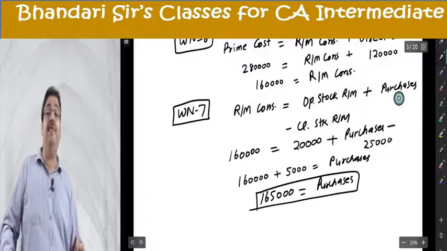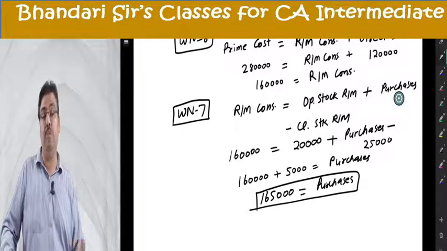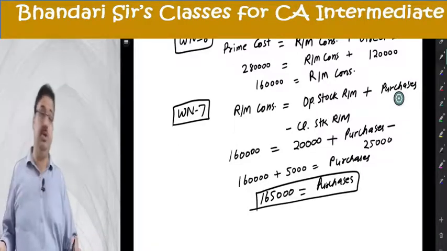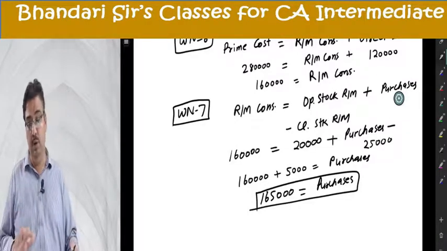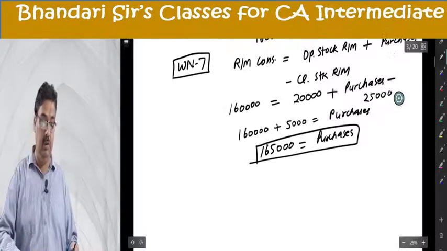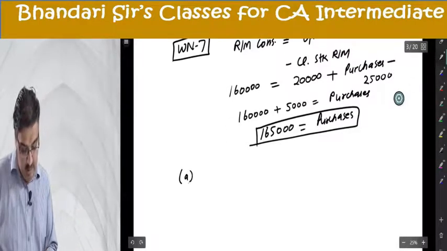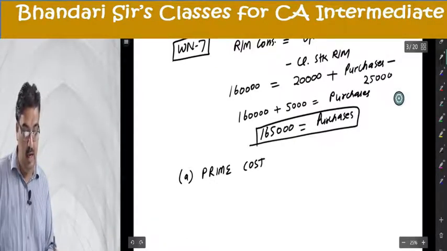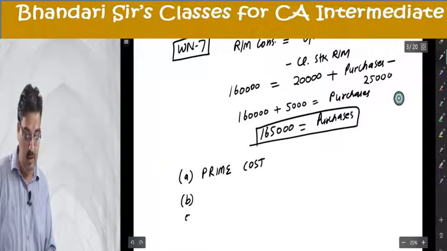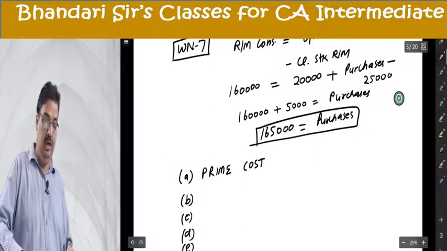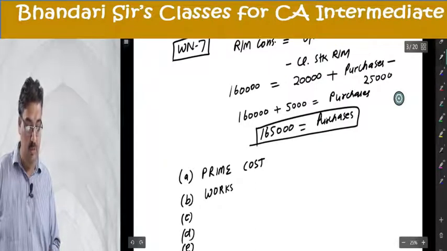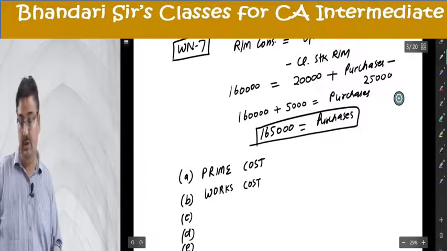I've done everything in reverse computation. What you must do is prepare a cost sheet in the format given to you. In that, 5 items must be highlighted. A is prime cost. But if you write only answers, you will not get marks, because the question clearly says prepare cost sheet indicating these. B is works cost. Works cost means net factory cost, not gross. It is net.